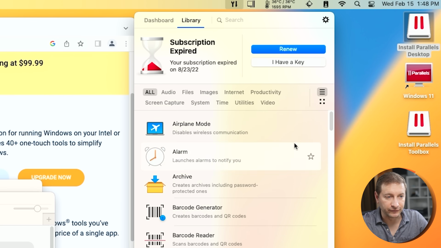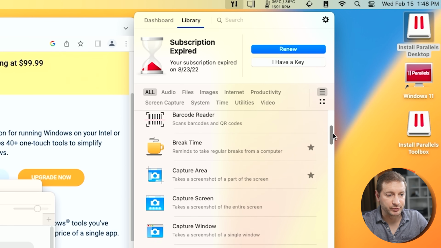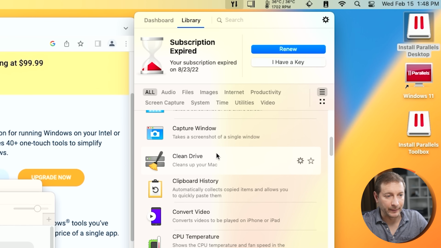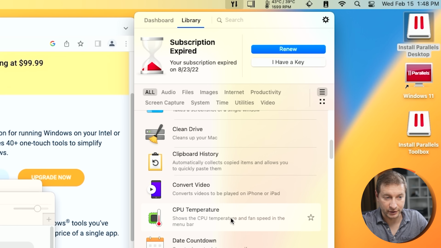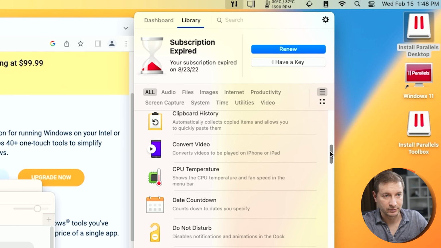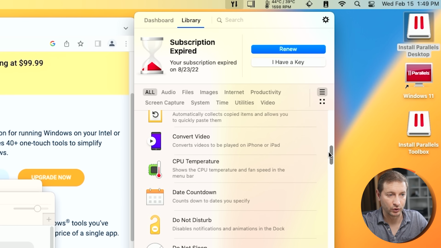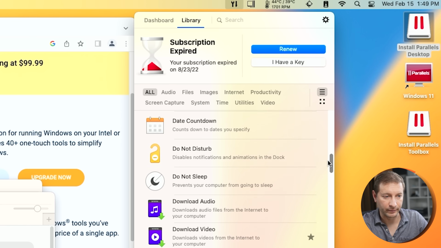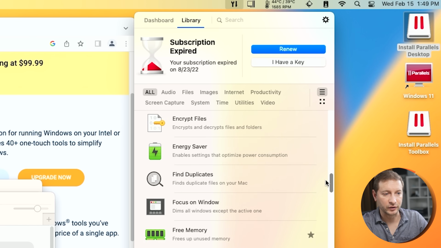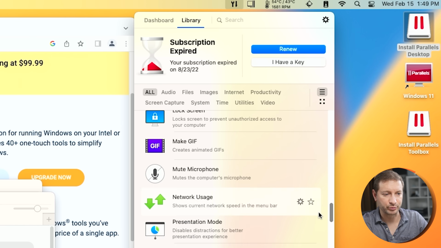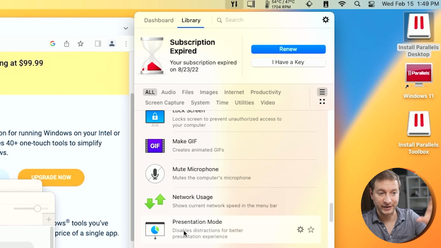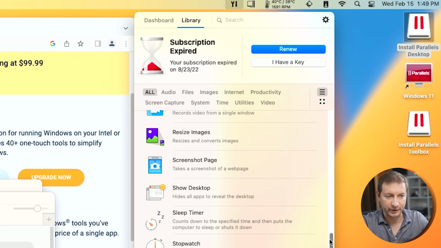If we take a look at the full library of things that they offer, it's pretty insane because I use this all the time. Clean your drive. You can also measure CPU temperature with this program too, but I use TG Pro because it has a little bit more control over that. Convert video formats, download audio, encrypt files. You can go into presentation mode, which I use all the time when I'm recording videos, so that it cleans up your desktop instantly. Recording different parts of the screen,